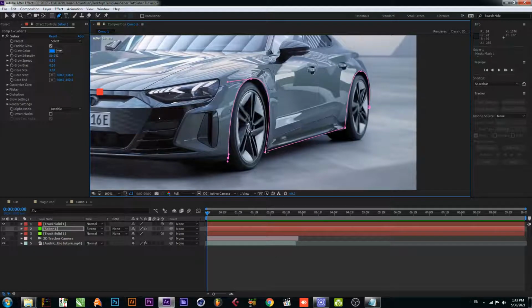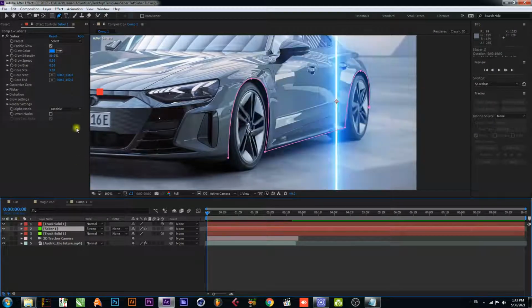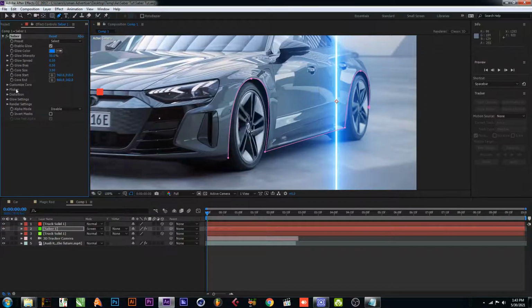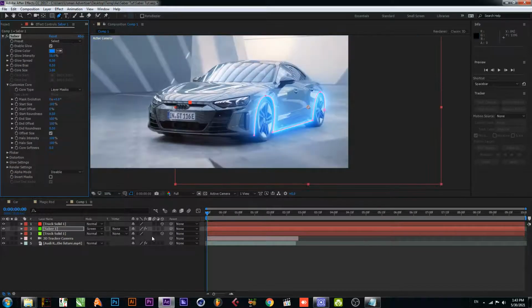Like this. Okay, now enable layer and go to plugin property, click on customize core and change the core type to layer mask. Okay,